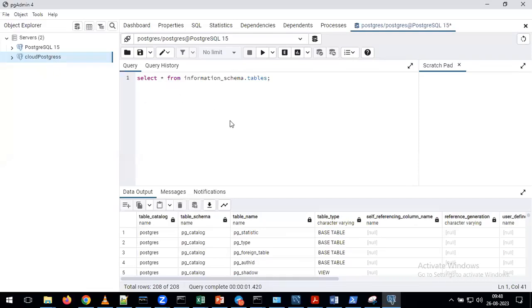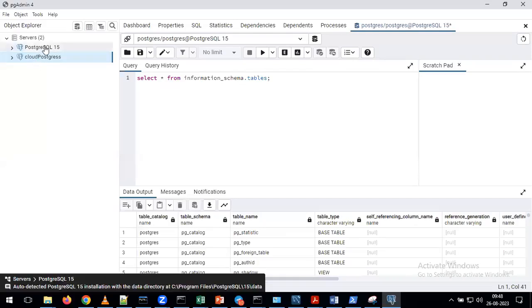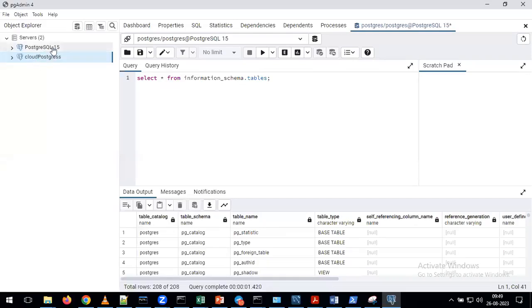Okay, so for offline people it's working now. For online people, we can check it at the end of the class. Okay, now once you have created this, what is the next step here? If you observe on the left side, we have two servers. One is for the local and one is for the cloud. Whatever the one we created for the cloud server, please click on that arrow here.